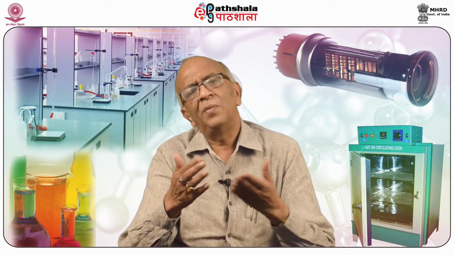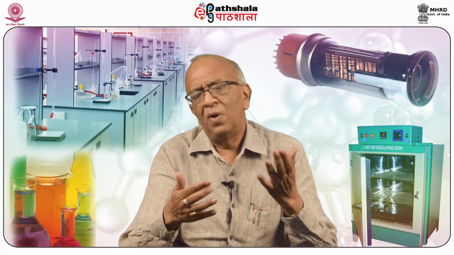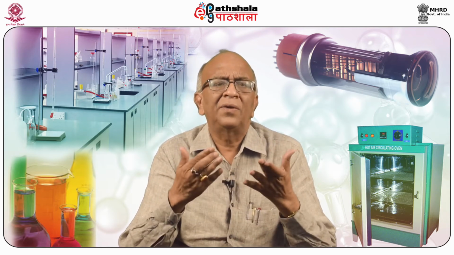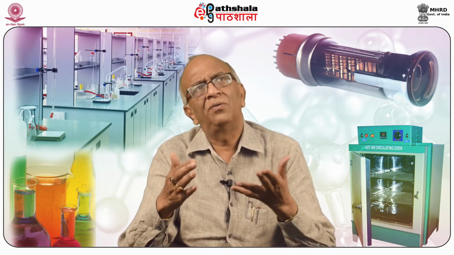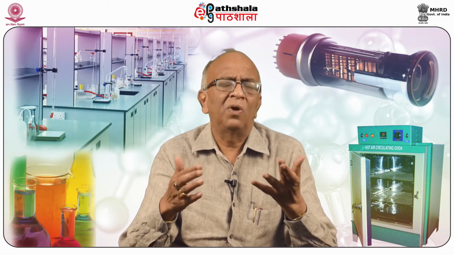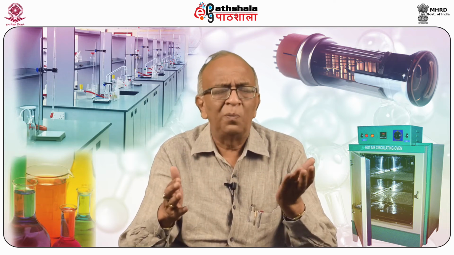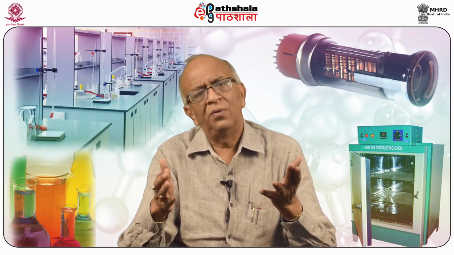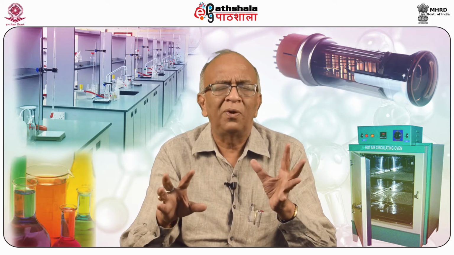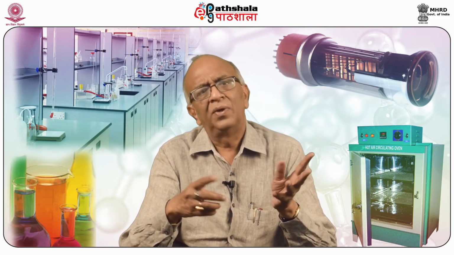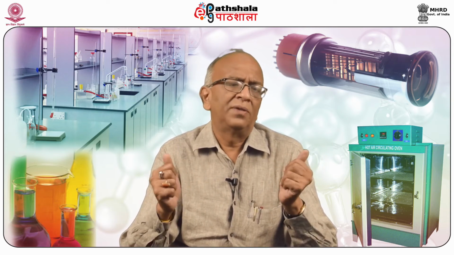The detector generates some electrical signal which we study in different forms. What are these electrical signals? These electrical signals should be read, they should be interpreted, or they should fall on certain things. For example, in the case of UV visible spectroscopy, these electromagnetic radiations fall on a certain treated surface and have sufficient energy to eject electrons from there, and these electrons in a photomultiplier tube give different types of signals.